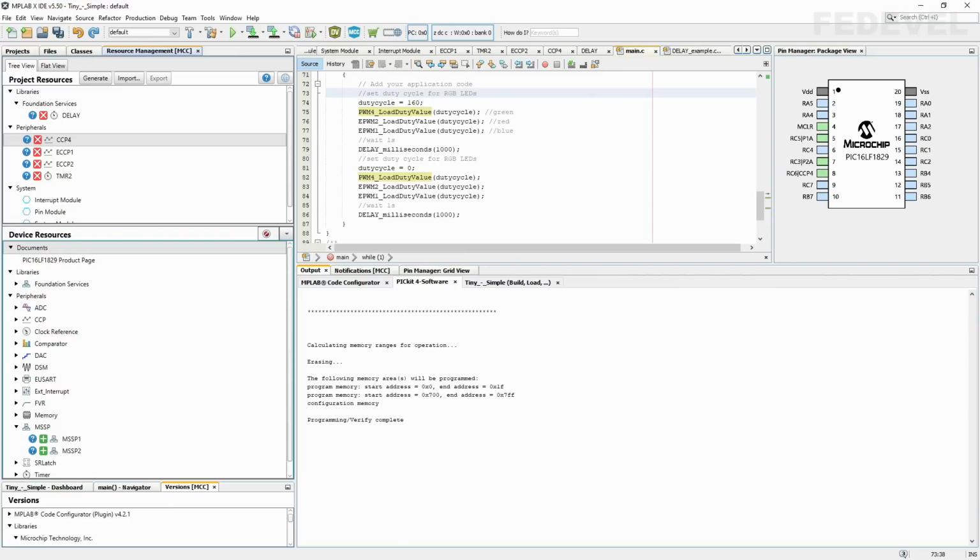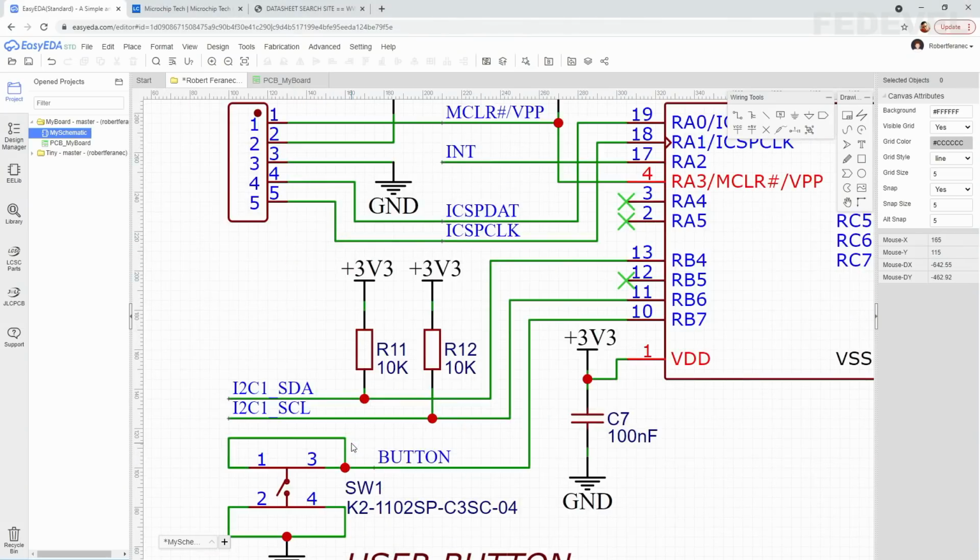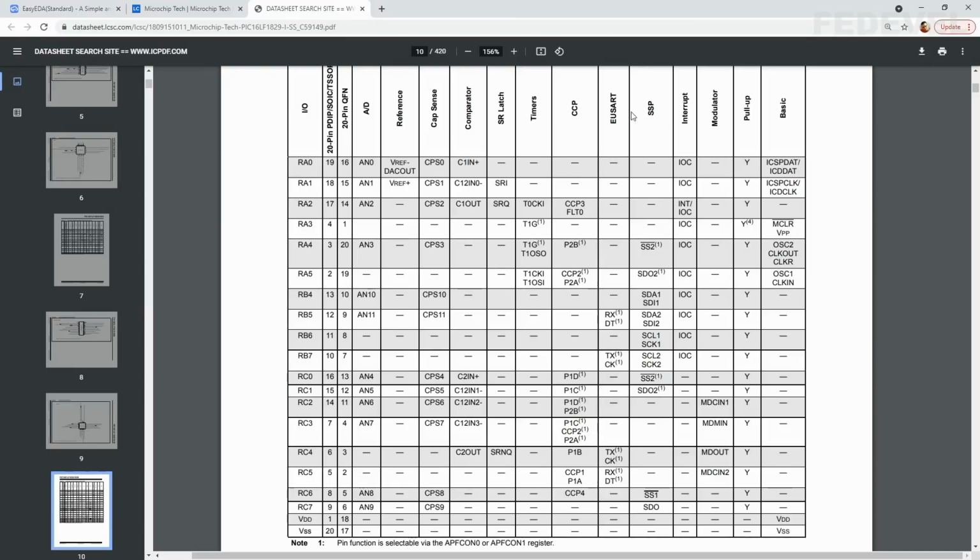Depends on our schematic. If we go into our schematic, and when I zoom in, you can see we connected I2C1 bus. This I2C1 bus is connected to RB4 and RB6 pins. If you go into the datasheet, and when you check the SSP module, then you can see RB4 is connected to SDA1, so I2C1 bus, and RB6 is connected to SCL1, so I2C1 bus.